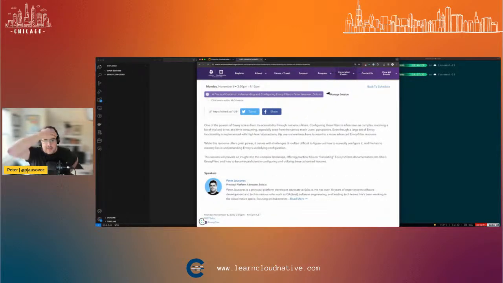So one of the powers of Envoy comes from its extensibility, right? Envoy has this architecture with filters, which makes it very extensible. However, it is complex. At least when I was trying to do all these things, there was a lot of trial and error. It can get time consuming, especially if you're coming from the service mesh side. Maybe you're not thinking that much about what's underneath Envoy and all the configuration, because